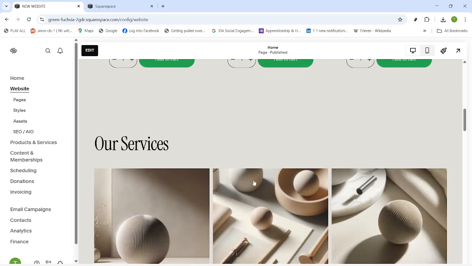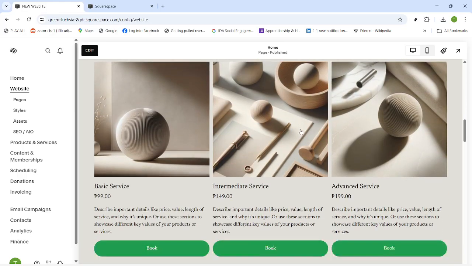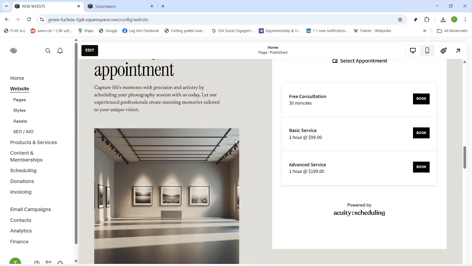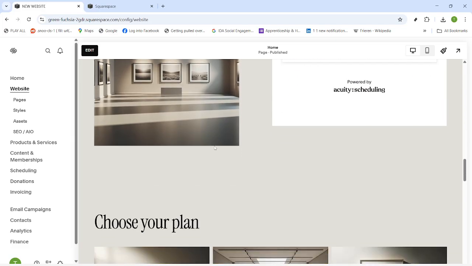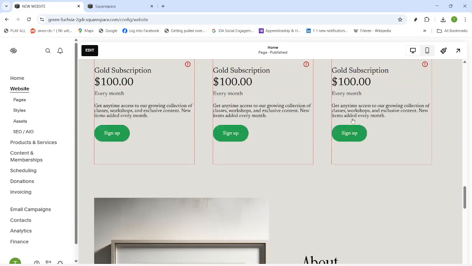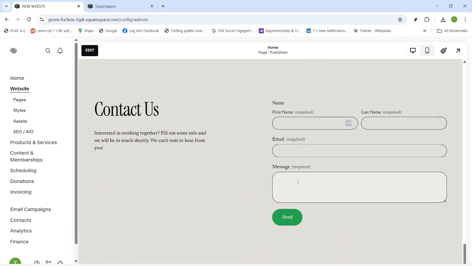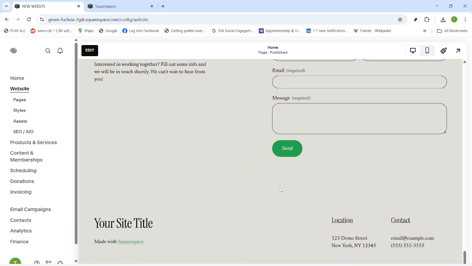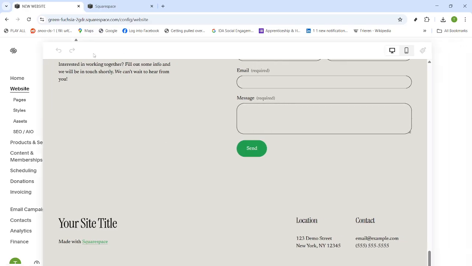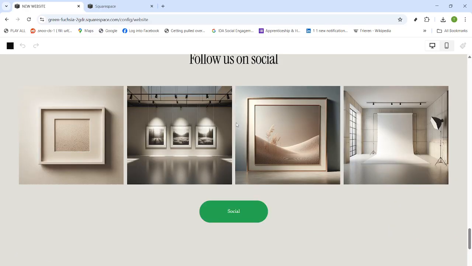From here, hover any text to edit it in line, swap images with your own high-quality visuals, and use the Site Styles panel to tweak fonts, colors, and spacing. Remember, you can revisit pages and sections at any time, and your choices during setup simply gave you a smart head start. Save your changes, and your new Squarespace website is